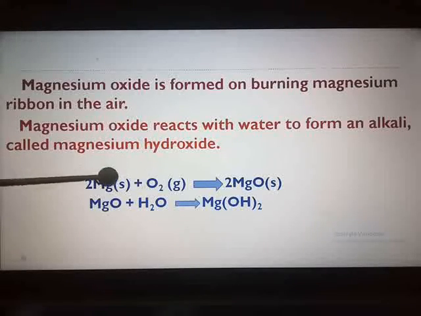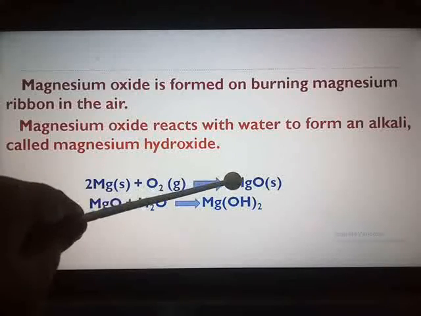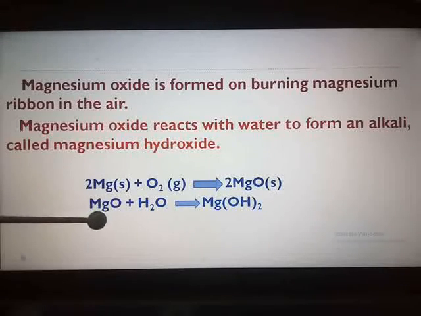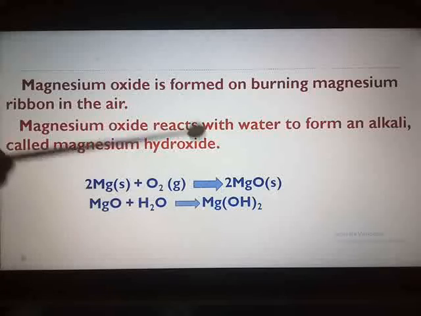So here for both the reactions you have to provide: magnesium plus oxygen forming MgO. Then this magnesium oxide reacting with water forming magnesium hydroxide. Now in this chapter they can give you half of the reactions. Either reactants will be given and you have to write the products, or somewhere they will keep the places blank. So all the equations in this chapter should be studied by you thoroughly.